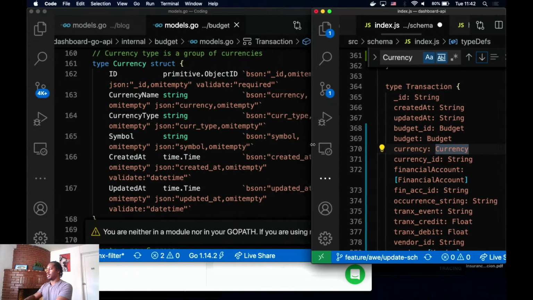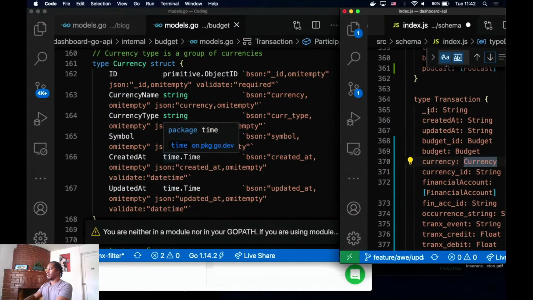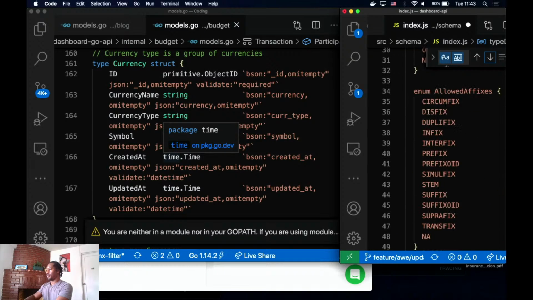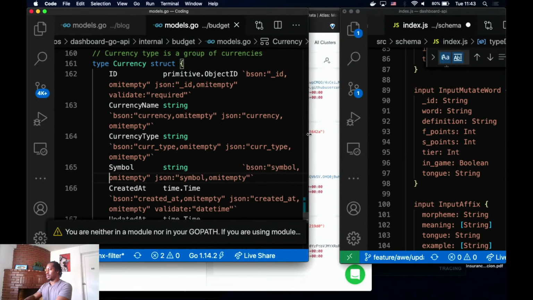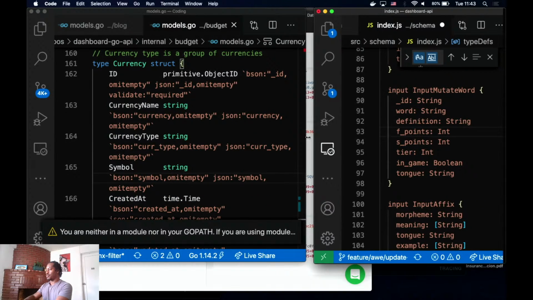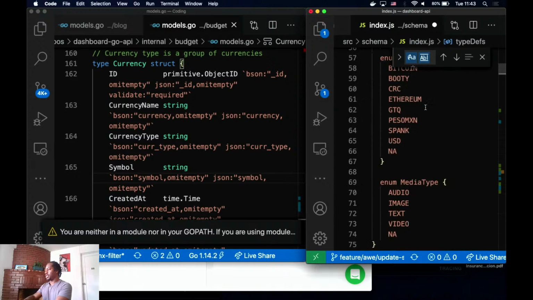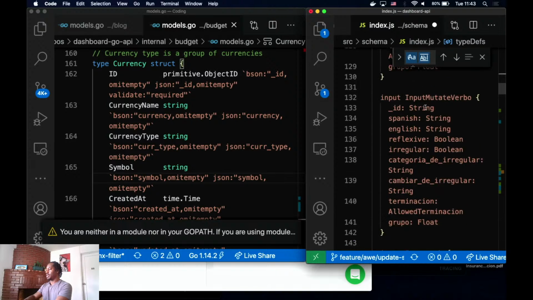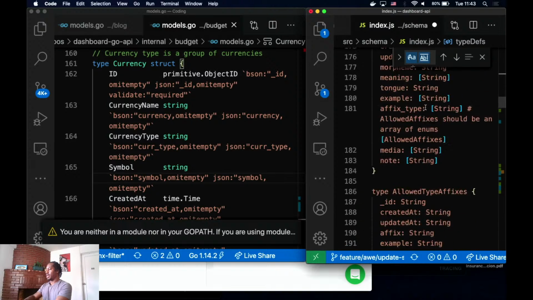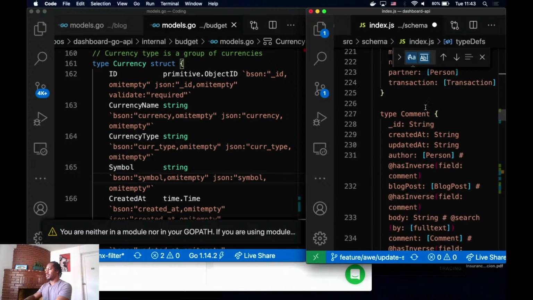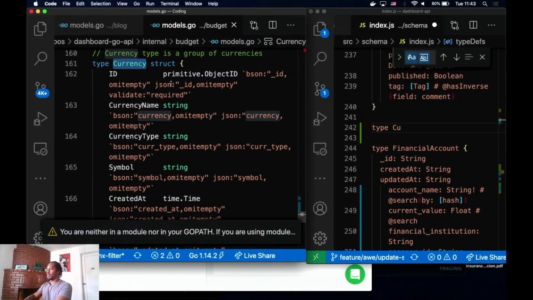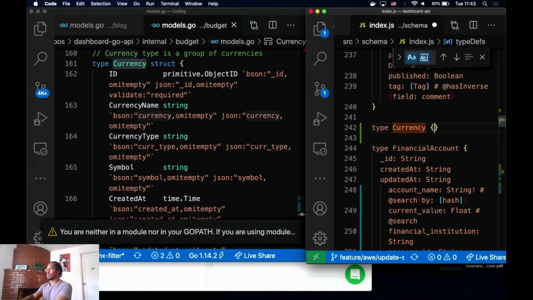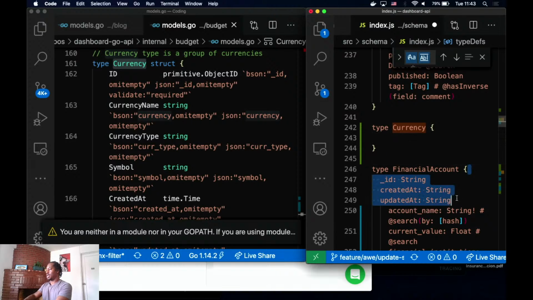There's only one currency in the whole thing? All right. This is taking more energy than I expected. Inputs. Need to get to the types. Need to get to currency. Just gonna copy that.